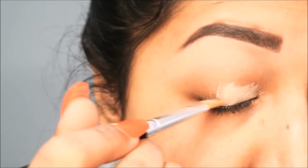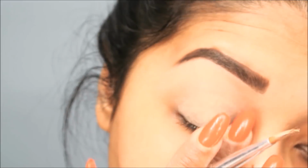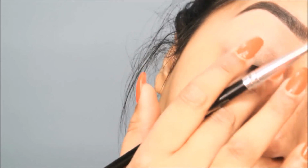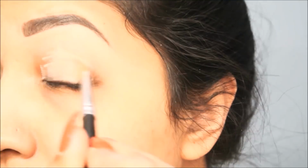For my face, I'm going to take my MAC Soft Ochre Paint Pot and I'm just going to put that as a primer on my face. Not my face, my eyes. And make sure I'm blending it really nice and make it smoother. Make sure you're tapping it with fingers so the product is warmed up enough and it will sit on the